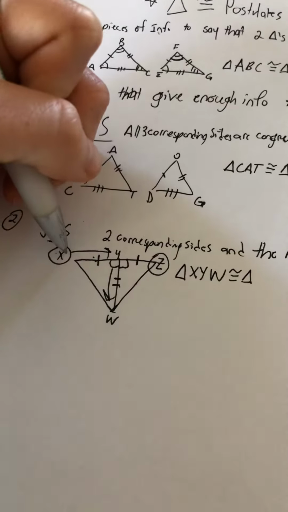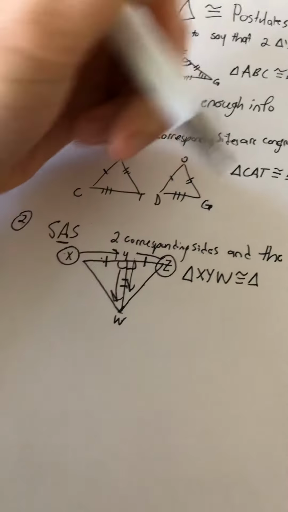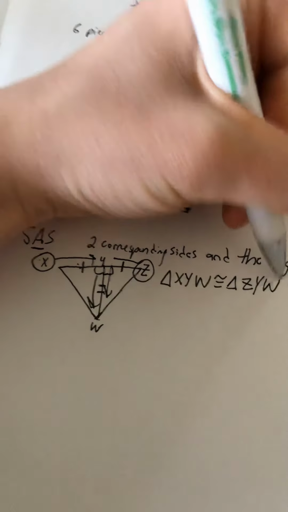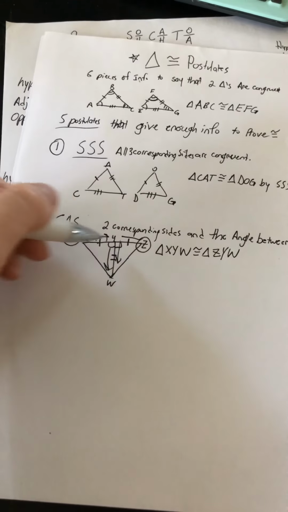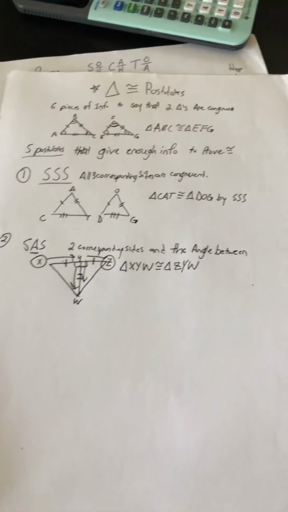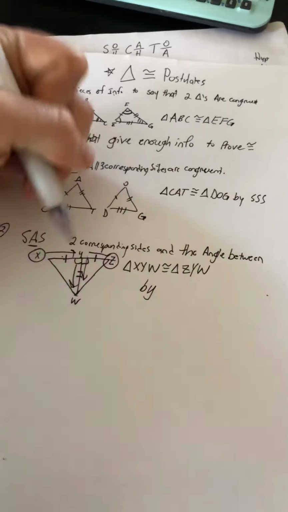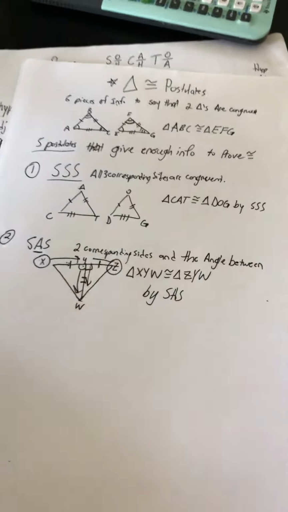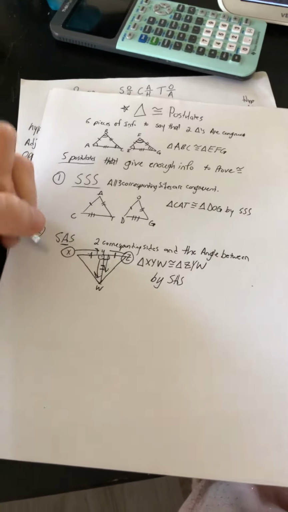So Z, X goes through the one tick, down the two, through the one tick, down the two. So it should be Z, Y, W when we name it, okay? Because the angles and sides have to match up, our statement has to be made that way, okay? And this one, they are congruent by side, angle, side. So that's postulate number 2. Number 3